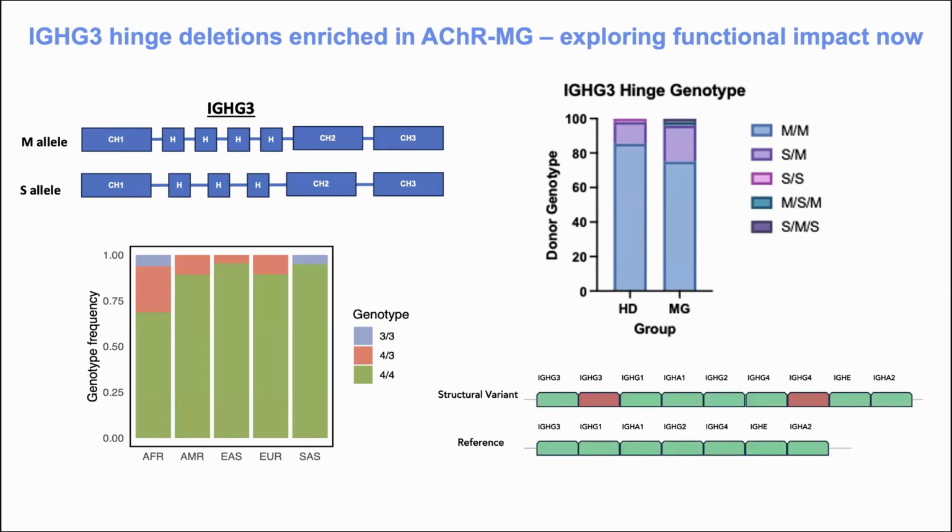And this is what it looks like. So if you schematize these duplications, the reference is on the bottom. This is the order of those constant region genes. And we've seen structural variants where one or more than one of those constant region exons are duplicated at the DNA level. So after all of this data we've been collecting,